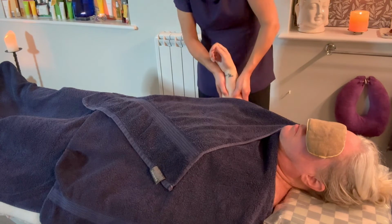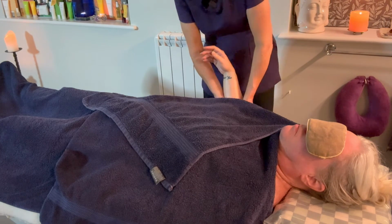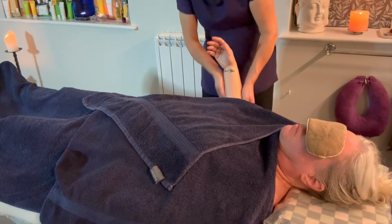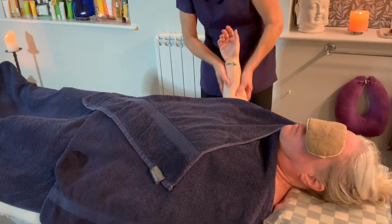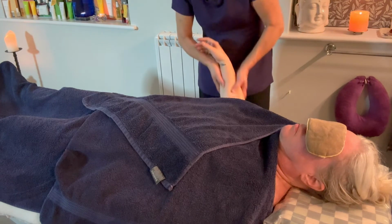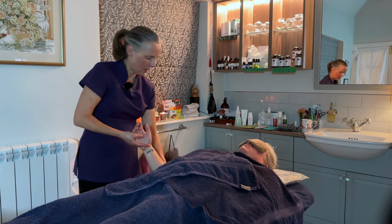Strong thumbs into the forearm, especially tight when we use our hands and arms for work, whether that's on a computer or manually. And there is a muscle right here that's quite strong and dense. That can feel a bit sore, but so nice to have it relieved,